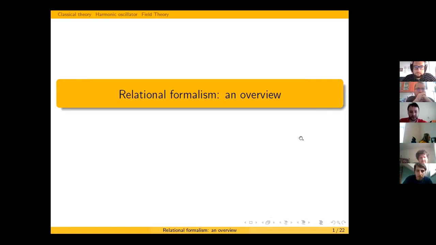Well, I started to think that this seminar was better to do it, at least to introduce the relational formalism. That's something that I will extensively use throughout my PhD. So basically, I want to introduce this topic, which is not very popular. At least just a few physicists do research about this. So this is not straightforwardly connected to what I did in the previous seminar, but I thought that this is very important to know,